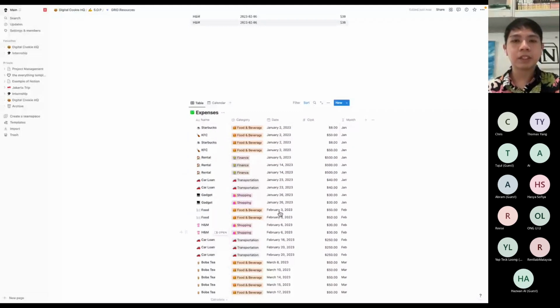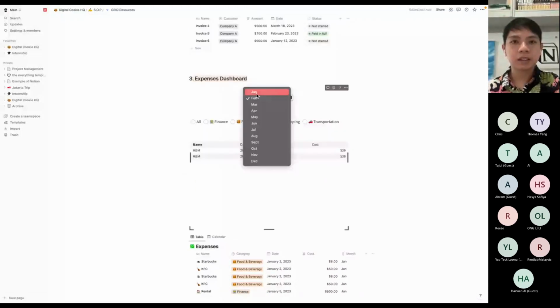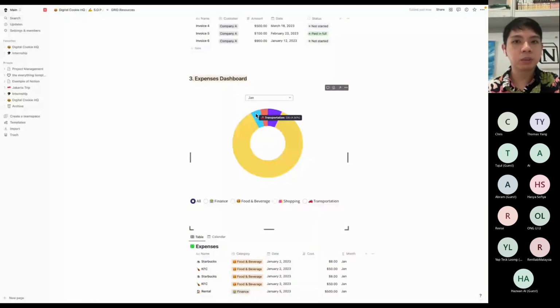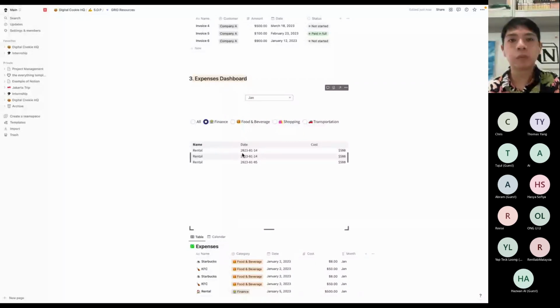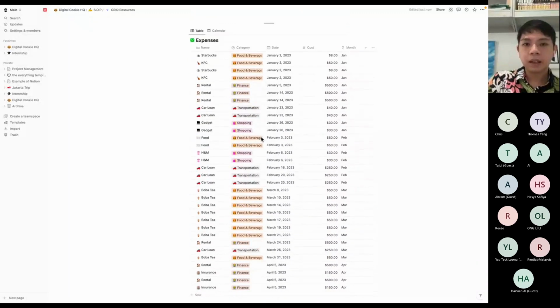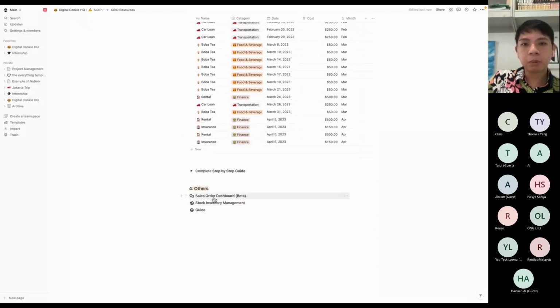So what would happen is that we can have these charts here. Let's say I just select all. So you can see the expenses that I've spent in general, separated in this pie chart. And then if I want to drill down, for example, finance, if I click finance, right, it just shows the finance that's only for January. So you can see food and beverage, it will only show for January as well. So these are just different ways of telling the stories of a Notion database that you have using the charts.